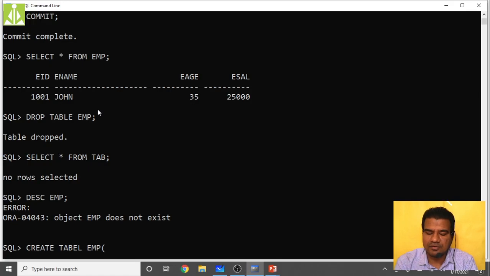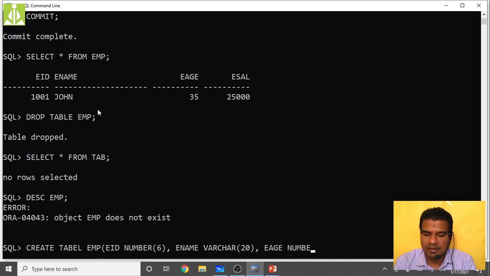Next we have to give the field names: EID, number of 6, then comma, ename, varchar of 20, then age, number of 4, then salary, number of 8, up to 8 digit salary.